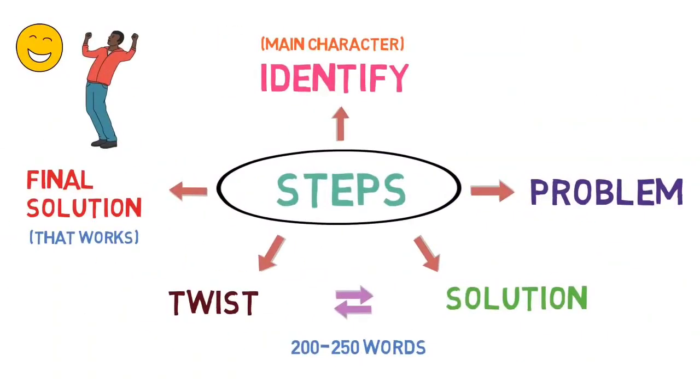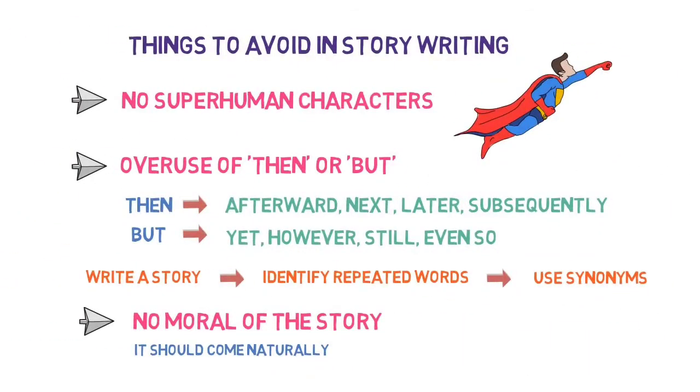Please give it. So we are seeing about the steps of the stories, okay. Now we are seeing what are the things to avoid in story writing, okay. That is a very important thing, okay. We should understand that. And now write a story in 200 words with